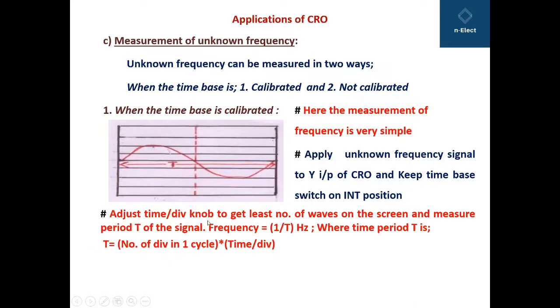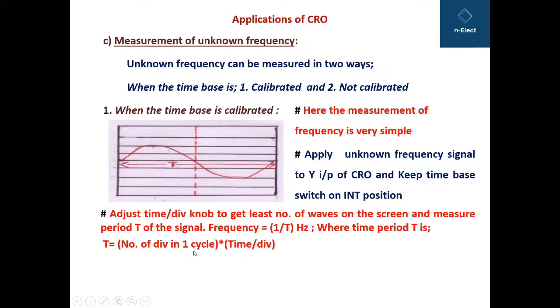Adjust time per division knob to get the least number of waves on the screen and measure period T. Now time period T is the distance between one positive half and one negative half. So this distance from this point to this point is called the time period of the signal. So frequency is equal to 1 upon T Hertz,